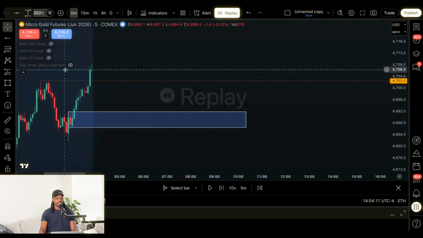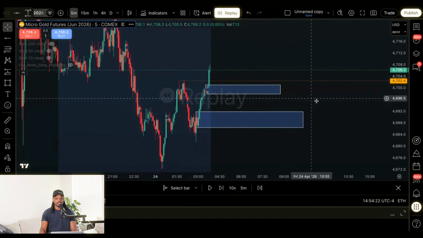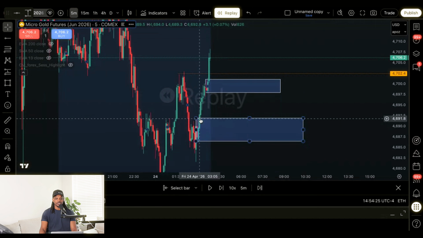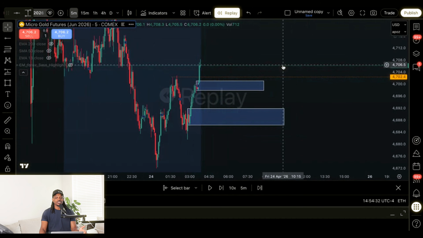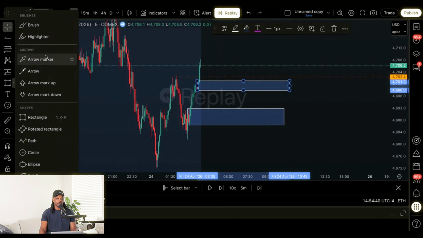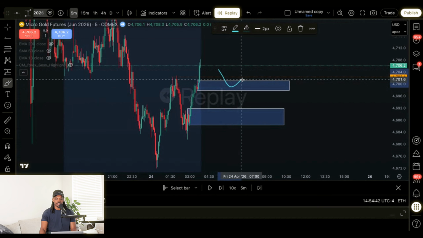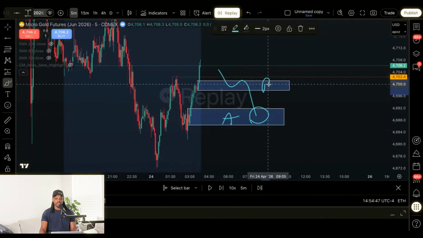Now, some of you guys might question, is this also a demand zone? Absolutely. This is a valid demand zone. However, because this is such a deeper demand zone right here, I prefer this demand zone over this demand zone just because it's so close to the high. However, you can still take this demand zone if you want to. Just know that sometimes the market might fail and break through this demand zone like this and go to the first one. Okay, you can call this your A setup, you can call this your B setup, or the B setup you can call your low probability, or the A setup you can call your